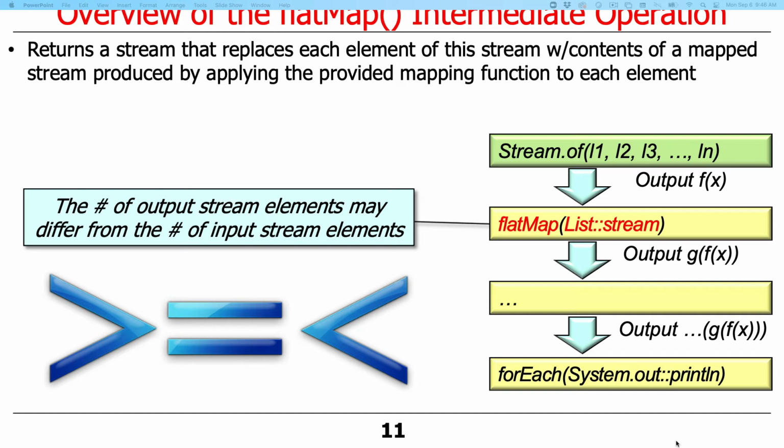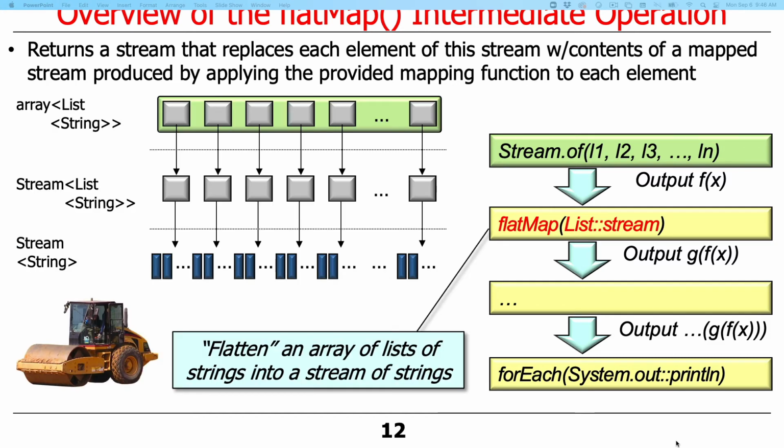Remember, map has the constraint that it has to be the same number of input elements, number of output elements. flatMap says it could be the same, but more likely it'll either be more or it could be less. And I'll talk about each of these situations here with some examples. So here's a very simple example. Let's say that we have a